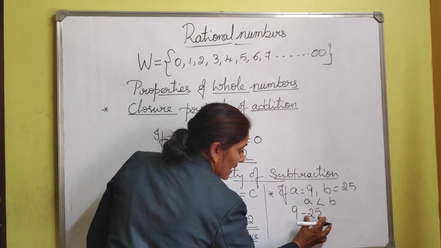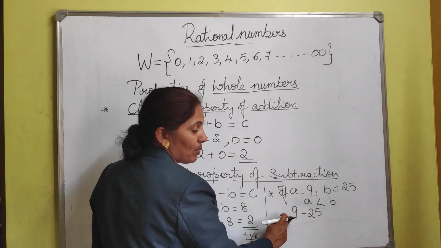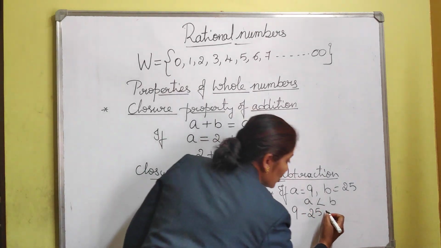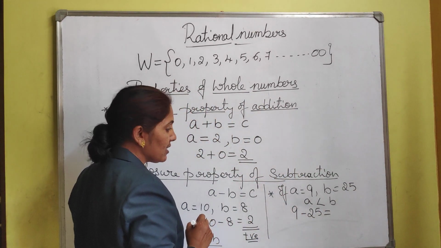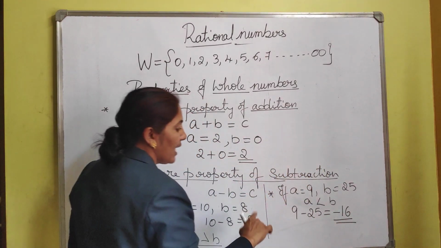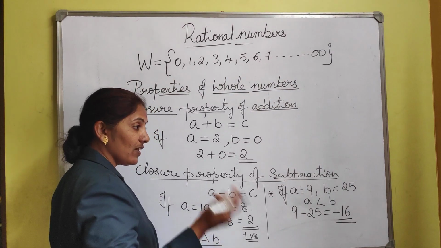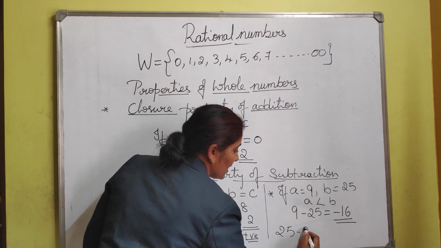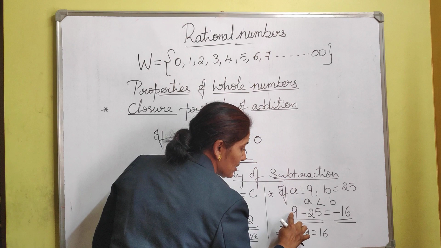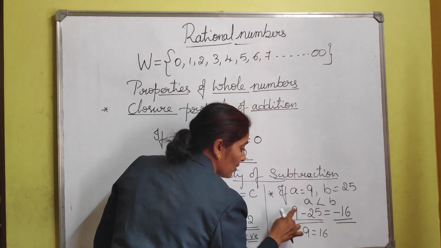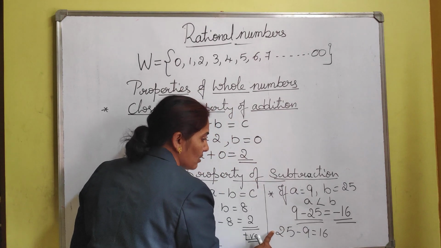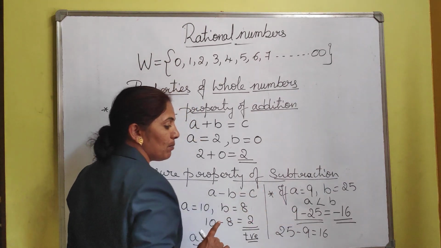What do we observe? Minus value is more than positive value. So in such cases, what do we get? We get a negative value as the difference. What is the negative value you get as the difference? Minus 16. 25 minus 9 is again what? 16. If I say 25 minus 9, yes, we get only 16. Whereas you observe the changes I have done here. I have written this as what? 9 minus 25. Minus 25 is more than 9. Whereas here, this is only 25. Only 25 tells you that 25 is a positive number.